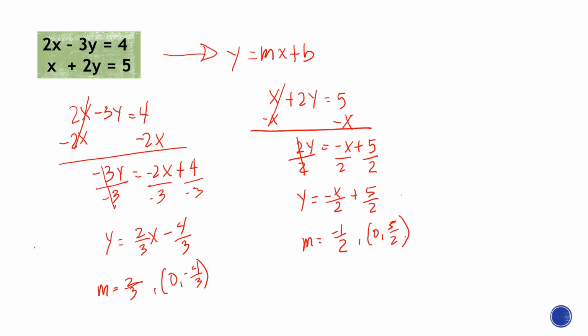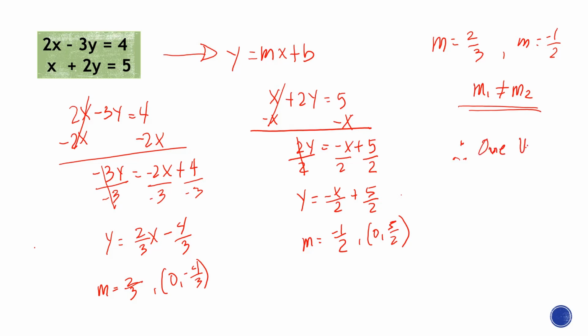Now, as you can see, we have m equals 2/3. And the other one is m equals negative 1/2. Which means that the two slopes are not equal. If you see that, there's no need for you to compare the y-intercepts. We can automatically conclude that the system has